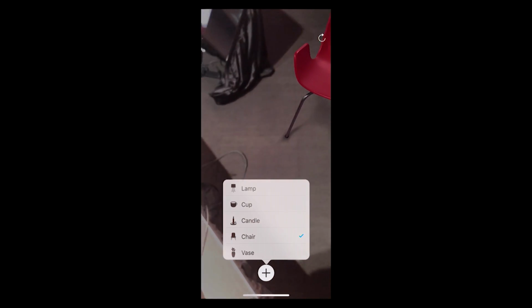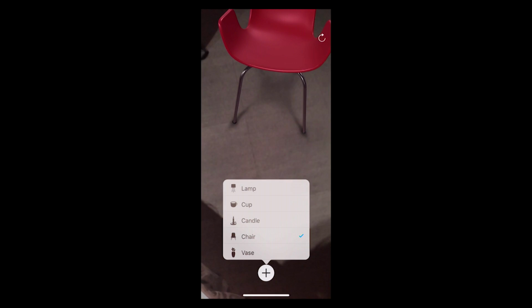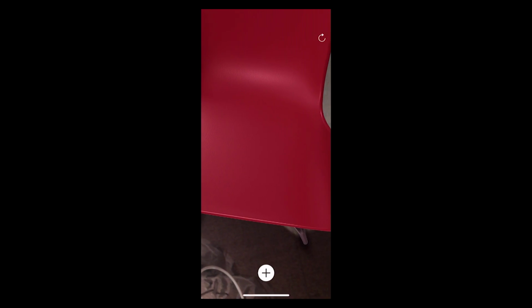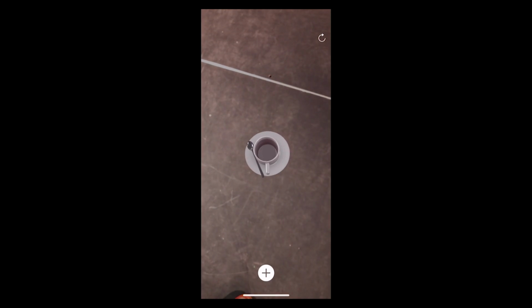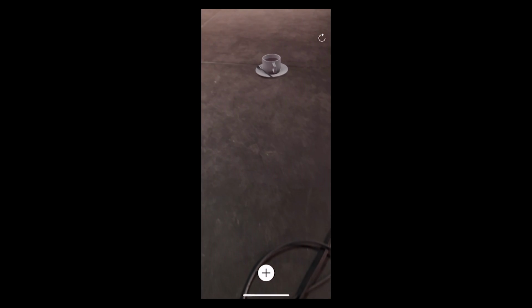And I can of course drop other things. I have to get the surface, and I'll put a cup here. So I can put a cup, and if I move around my camera, you'll see it maintains the geometry.